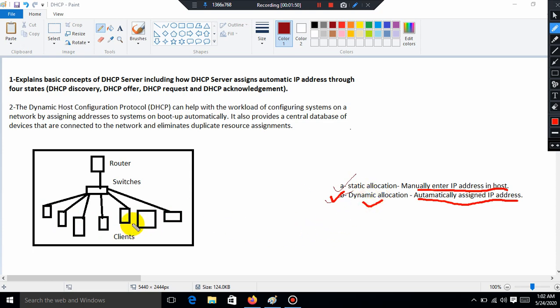So whenever we add some configuration of DHCP in our server and we power on our system, whenever we boot our system, the system sends a request to our DHCP server, where the DHCP server responds with an IP address to the client. So the client gets an IP address, automatically assigned in the system, in the client.